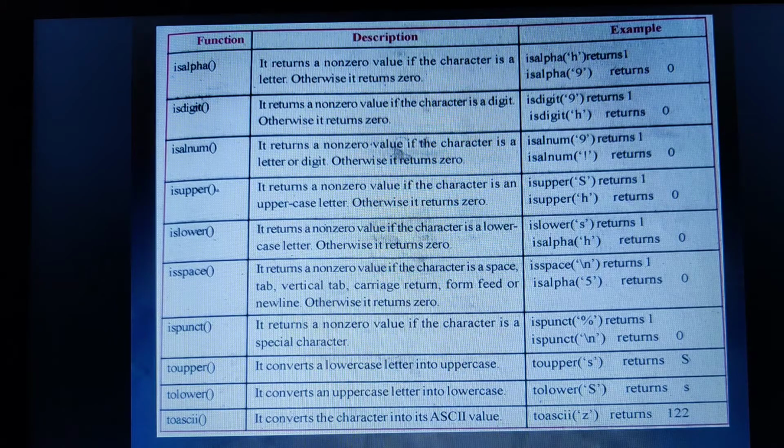What if I pass the argument as toascii of lowercase a? Then the ASCII value it would return is the number 97. Similarly, if I pass lowercase b, it would return 98. Now similarly, if I pass an